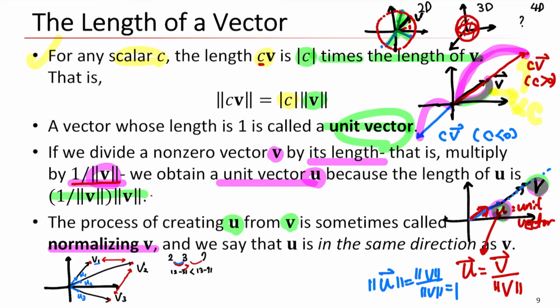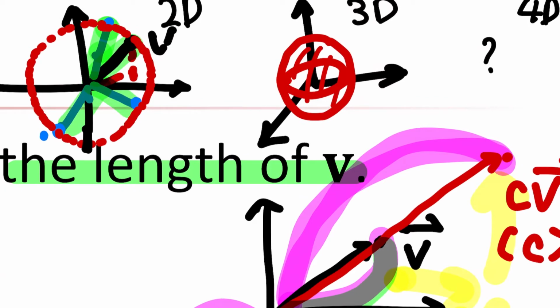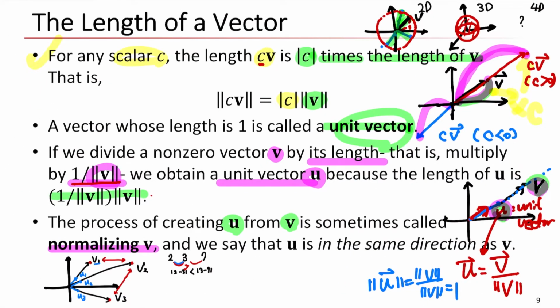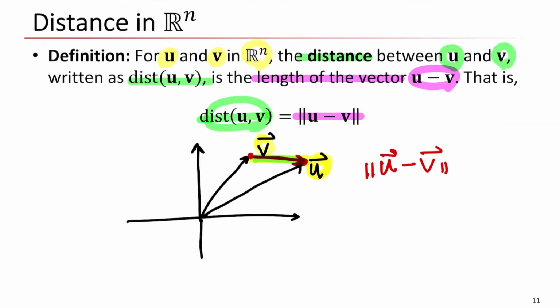If we normalize an arbitrary vector by its length, that vector becomes a unit vector, right? If you remember this figure, we can normalize any vector onto the circle in 2D space or the sphere in 3D space, right? So this is a unit vector. And what is the distance between vector u and vector v? The distance between u and v is defined like this: the length of u minus v,